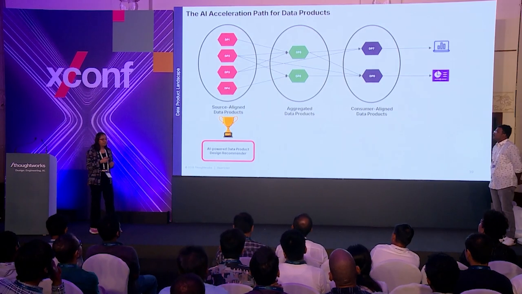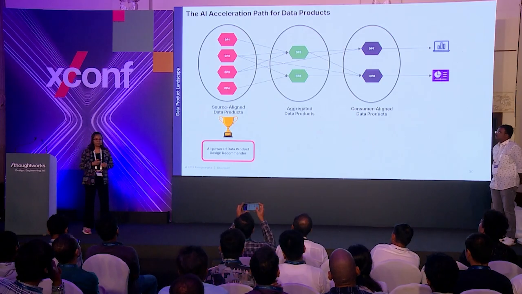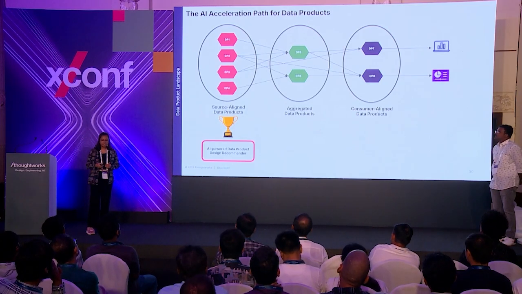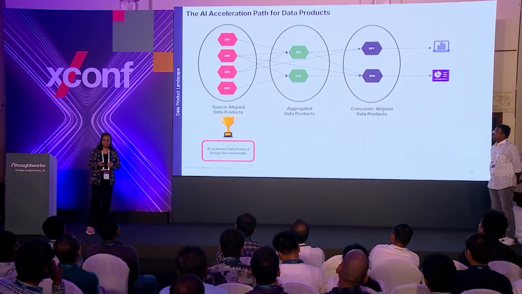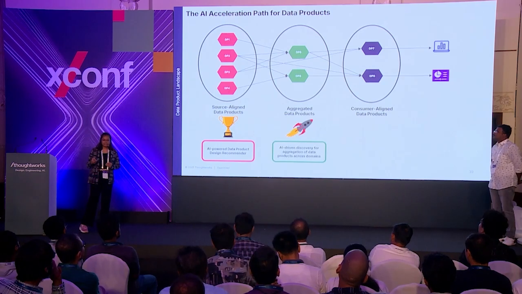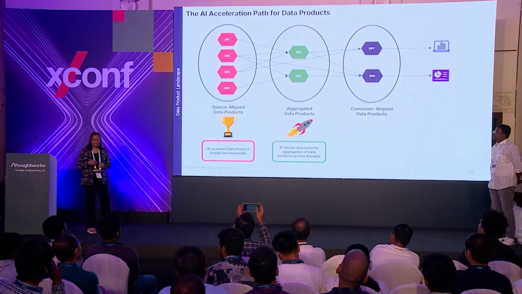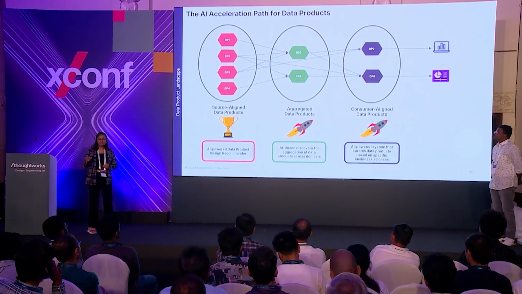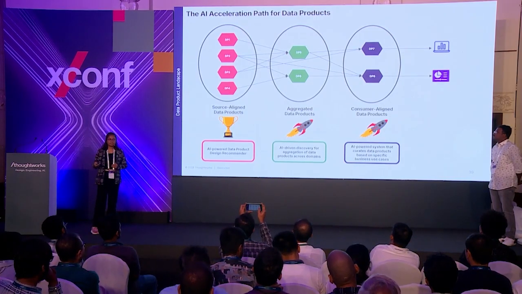But if we try to look at the data product landscape through the lens of data mesh, the possibilities even widen. And we can use AI to create the aggregated data products as well, which is nothing but a combination of 2 or more source-aligned data products. So we can build an accelerator to discover the connection between the data products. And AI can play an even more strategic role when we move towards the consumer-aligned data products, which are created for solving a particular business use case.